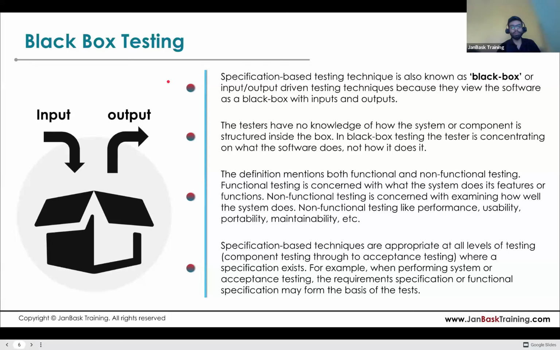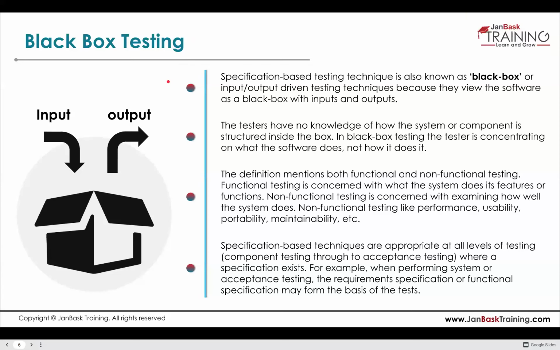And you are validating that output with your expected output. So you don't know the underlying architecture, underlying components, or underlying structure of the software. So that is black box testing,